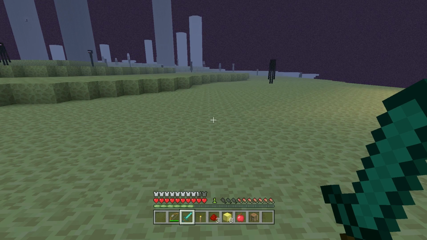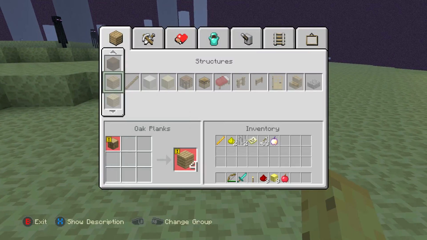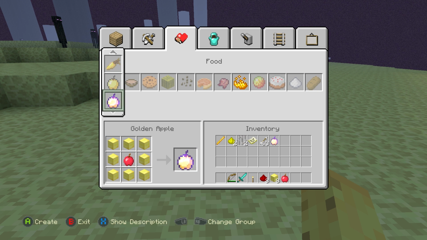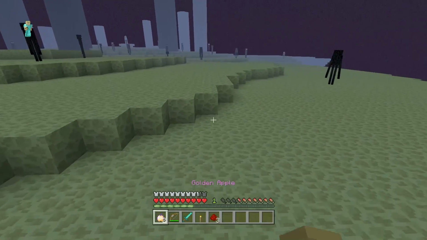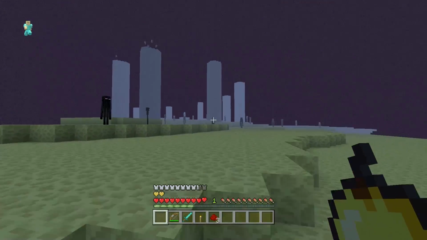And what do you know? We're hungry. Why don't we make ourselves some food? So one of the recipes that will be removed in 1.9 is a really, really good one to do with the golden apple thing I mentioned earlier, because enchanted golden apples will no longer be craftable. So yeah, if you like the enchanted golden apple, I mean, it's not really a realistic food, but if you like them and you want to have them just in your world, you will need to be...